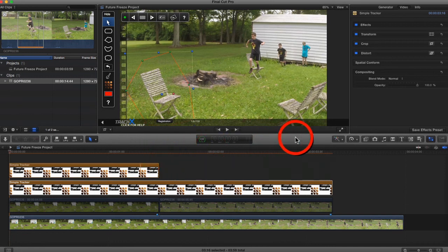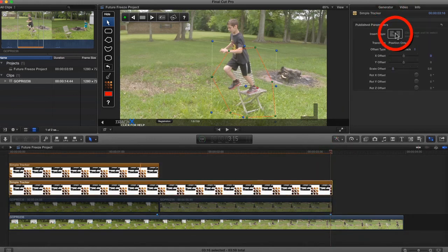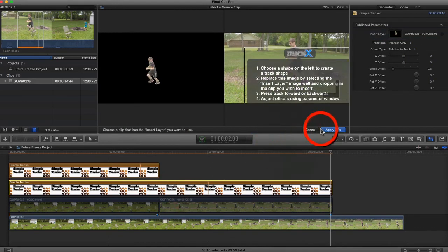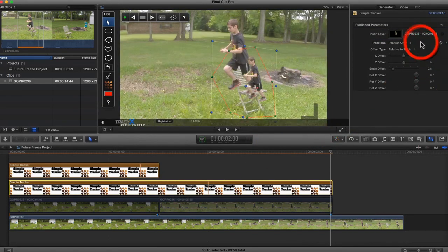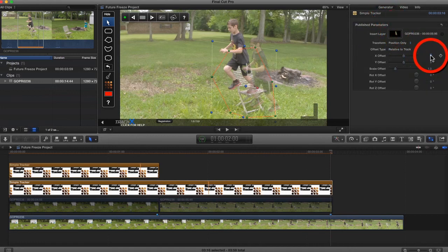I'm going to come to my marker right here, my second marker, where I need to line up the still with the video. Come to the generator tab, click the image well, mouse over my second still, click, apply clip, of course, scale offset, make sure it's set to 1. Come to the video tab, change opacity to 50. Then back in the generator tab,